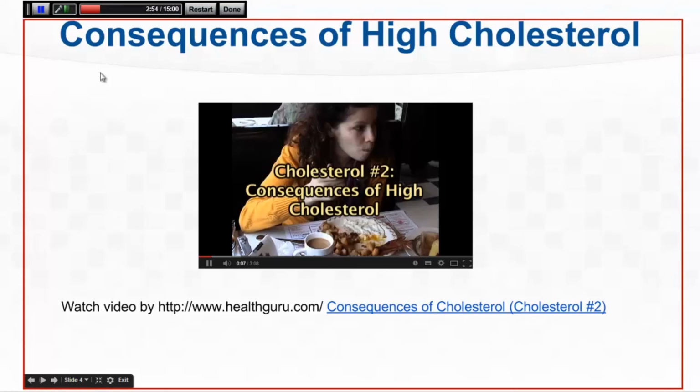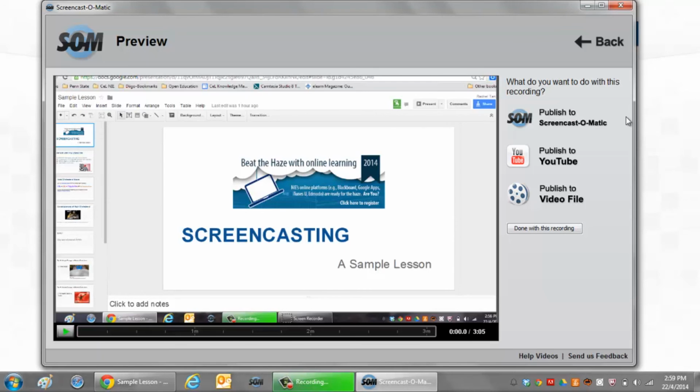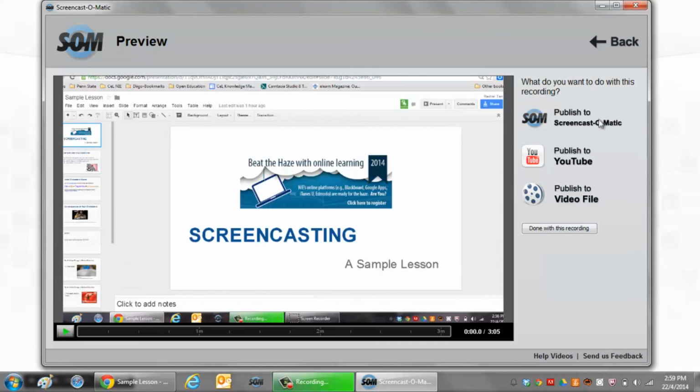We would then look at the buttons up there. You can pause at any time that you're recording, or in this case, I'm done. What you get after you click done, you would have to make a choice. What do you want to do with this recording? You want to publish it? Publish to YouTube is really popular, but first thing I'm going to do is to publish to a video file. But before I do that, you would want to play and see